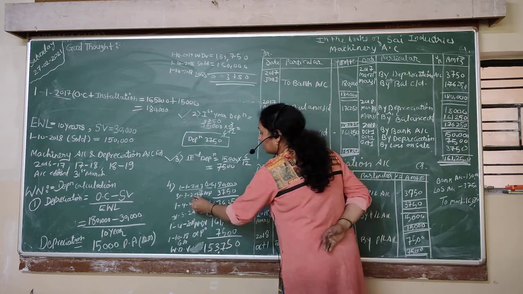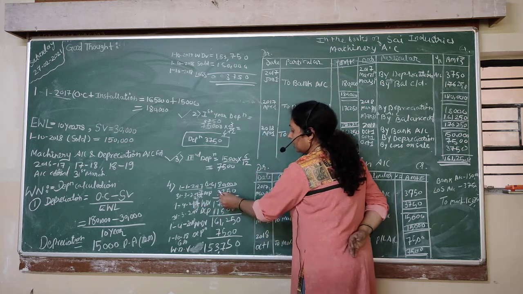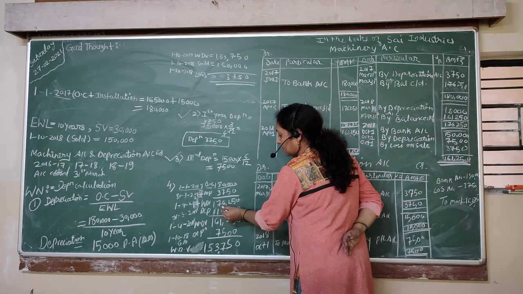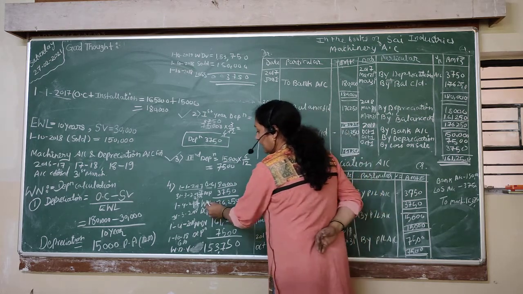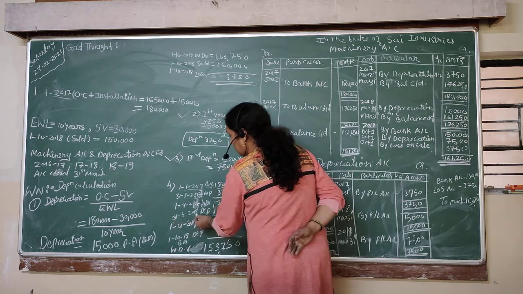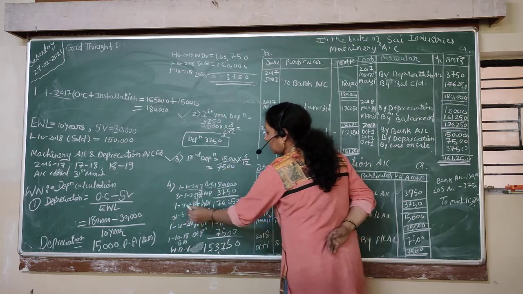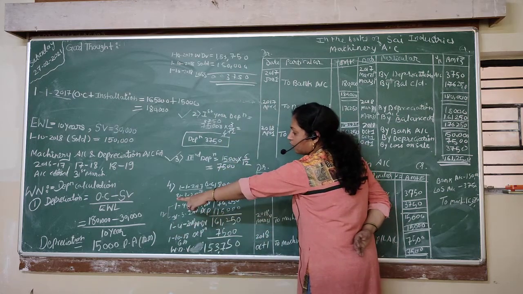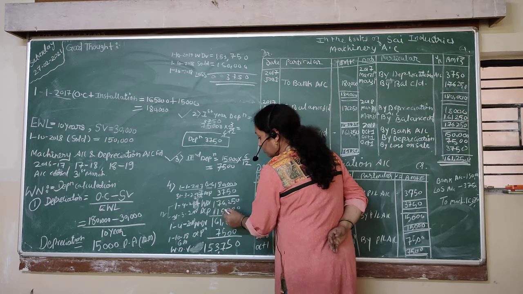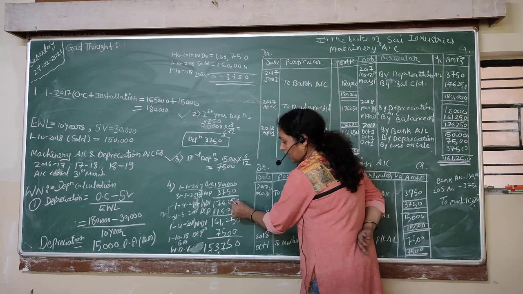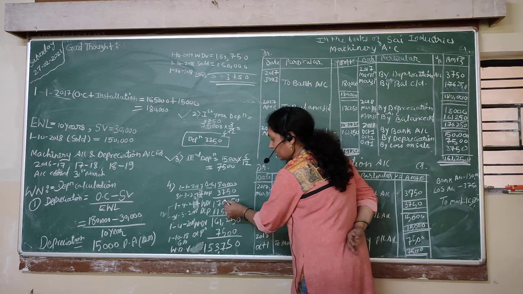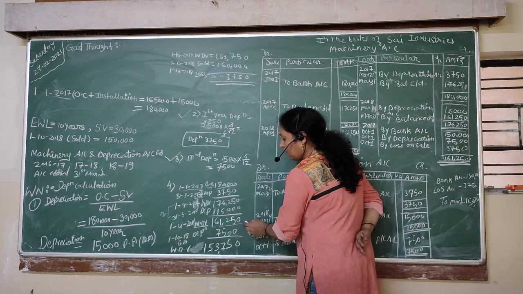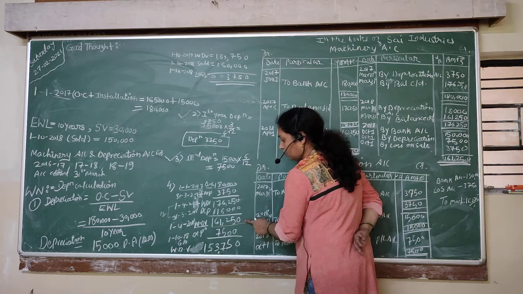So only 3 months depreciation is charged in the first year. That is 3,750. After deducting, I got the amount 1,76,250. And the year will close on 31st March 2018. In the second year, 12 months depreciation is charged. So 12 months depreciation we have already calculated, that is 15,000 per annum. So I have written 15,000 here, and I have deducted it from the written down value. So on 1st April 2018, my written down value of the asset is 1,61,250.